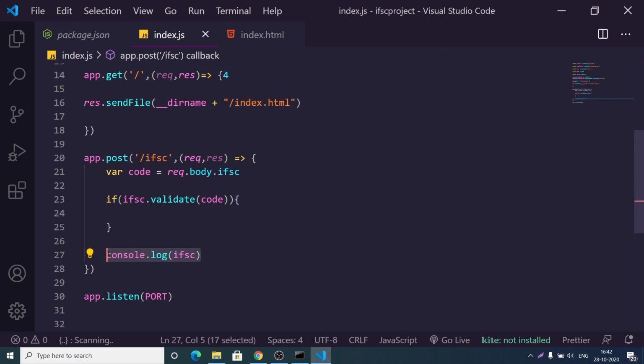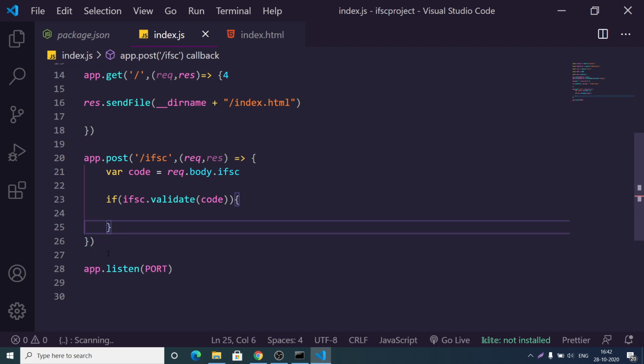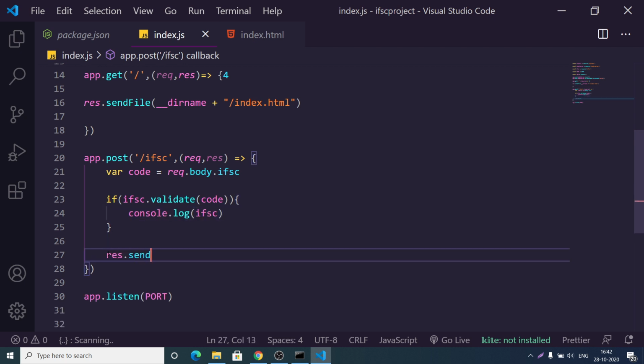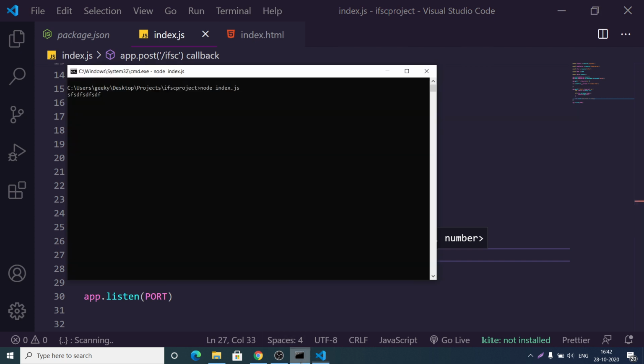If this is not a valid code, if it returns a false value, then you can just send out an error that IFSC code is wrong, like this. So now we can just restart the application.